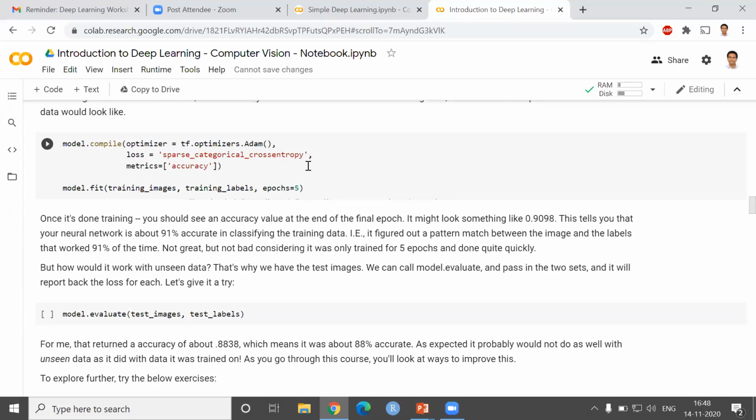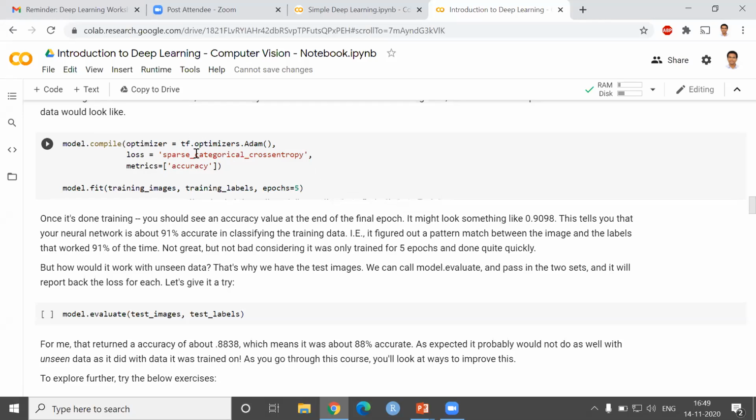So normally for classification we use a function like cross entropy, but for regression we can use mean squared error. Earlier, when we were predicting from a set of numbers, we were doing regression, so we could use mean squared error. But for classification, we normally use the cross entropy loss function, and we also want to display the accuracy while the training is going on. That's why we are using a metric, which is also built into TensorFlow. So we have the optimizer, the loss function, and now in order to display the accuracy, we are using this accuracy term.